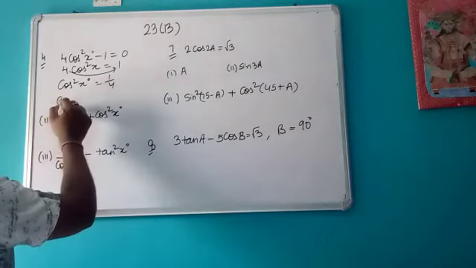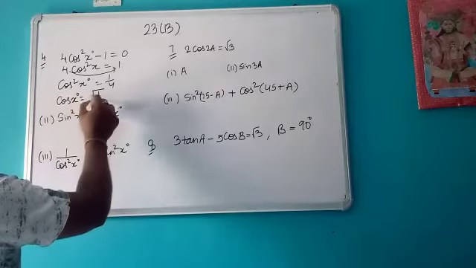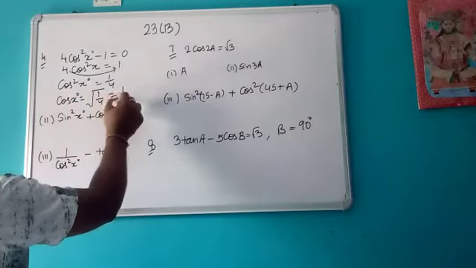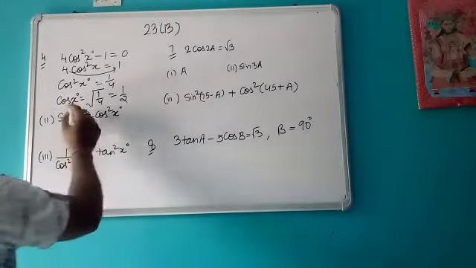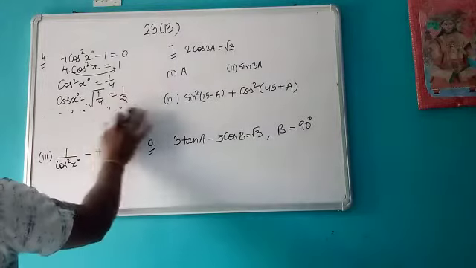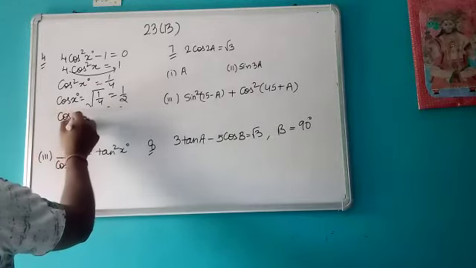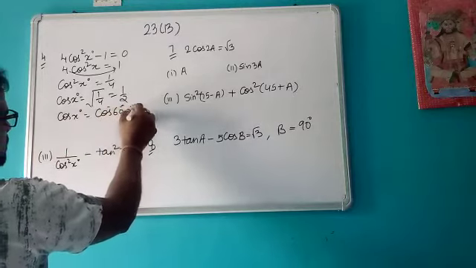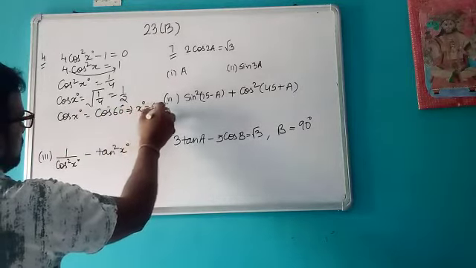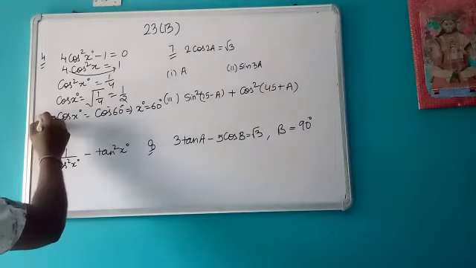And you already know that whenever you remove the square, it becomes a square root, that is 1 by 2. Now, when is cos 1 by 2? When it is 60 degree. So that means x degree is equal to 60 degree. Okay, so this is our first part.